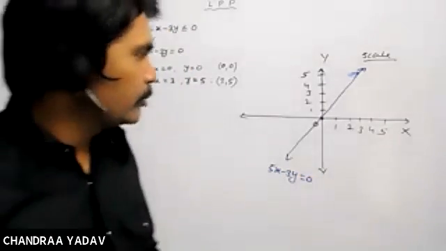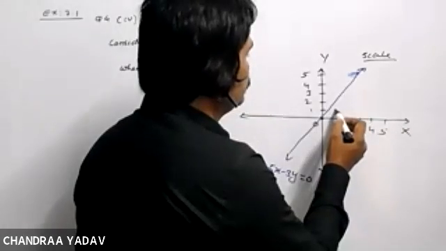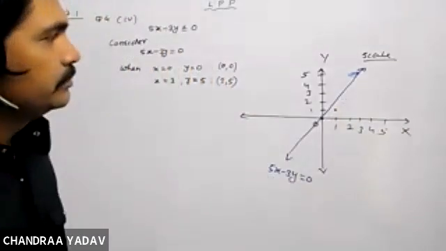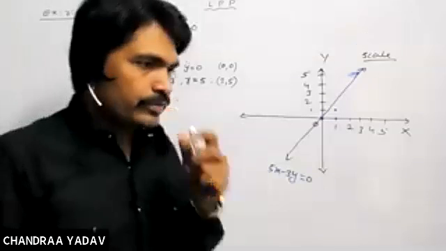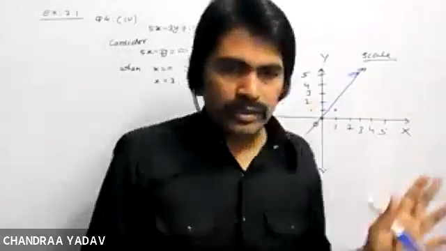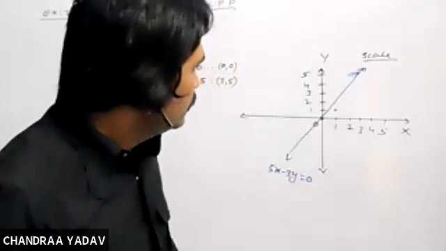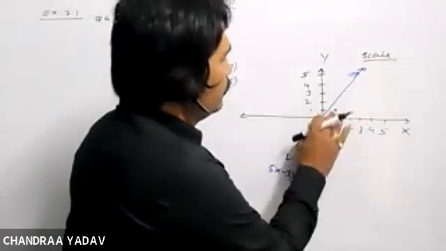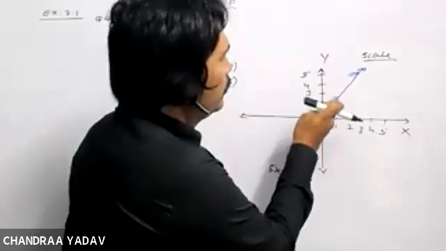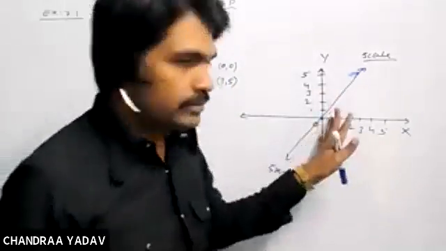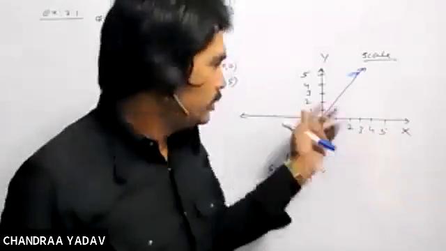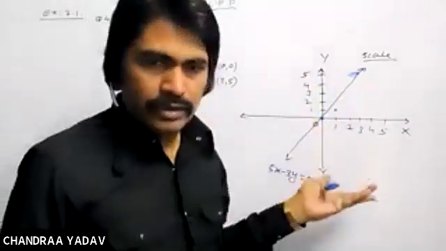Now what are you saying? 1, 1, right? So where do we get 1, 1? Somewhere over here. Now, we are not taking the points on an actual graph. We don't know whether 1, 1 will be below the line or above the line at this moment, because we don't have actual graph paper. So it may be on this side, maybe on that side, maybe on the line.